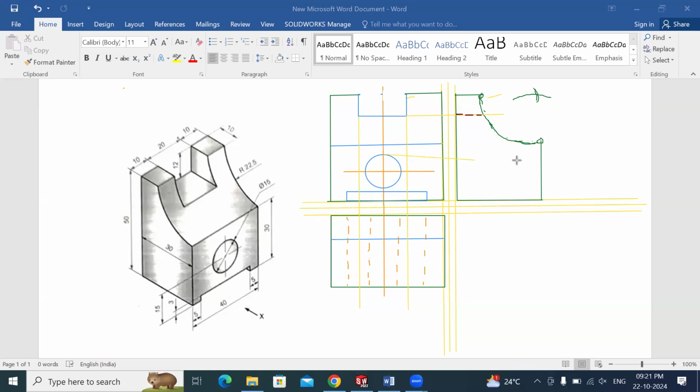From this top circular end, one projection line. From center, take another projection line directly. You can draw the center line also. From the bottom of the circle, one projection line. And from this slot, base slot point, take a projection line. Along these lines, you have to draw a hidden line. Let us draw the hidden lines